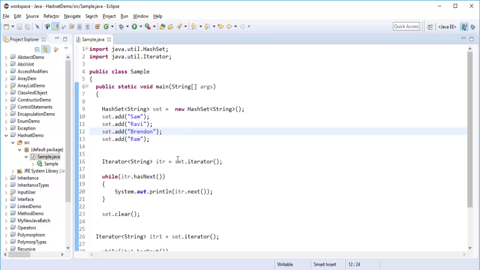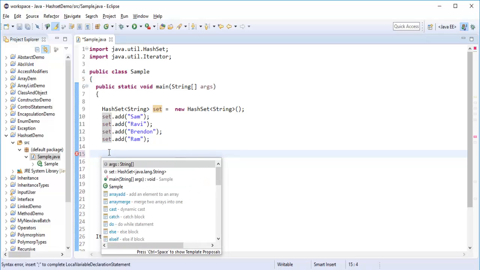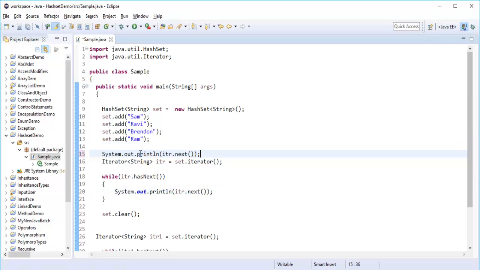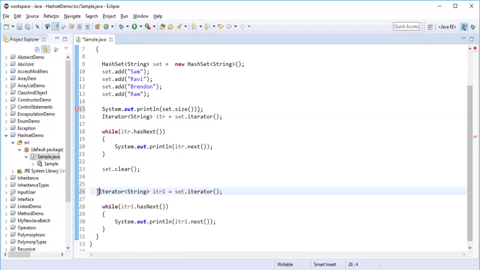Okay, now what I'll do is first set dot, or let me take the count like this. I'll just place this. So the size method returns the size of the collection. It's not the iterator, it's a set, sorry for that. Set dot size, so it's going to return the size, and once I clear the things, everything inside the collection will be removed, the items in the collection will be removed. And now if I try to iterate it,